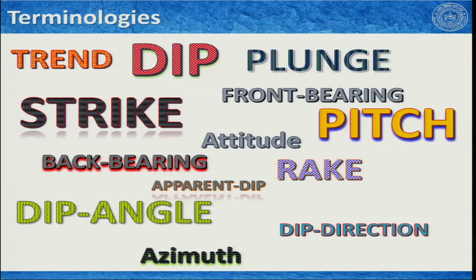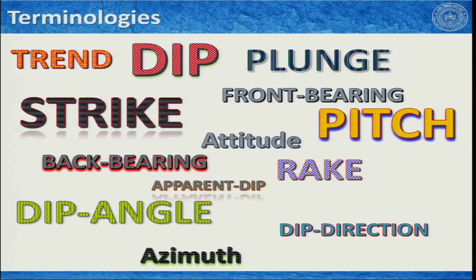To start with, these are some terminologies as you can see here, and these are the things that when we are in the field, we use these terminologies very frequently. Once a group works together, maybe someone is measuring data and someone is noting it, and if you are there, you will always hear these terminologies they are communicating through. So, what are these? What do they mean to us, and how we can distinguish them one after another and take their measurements is the aim of this lecture.